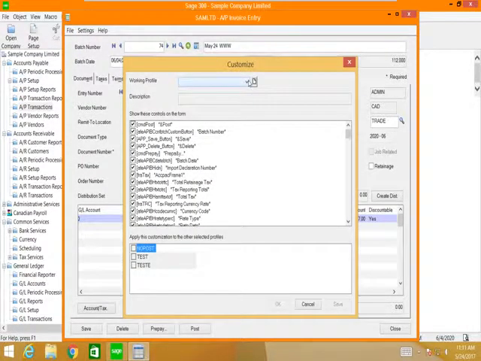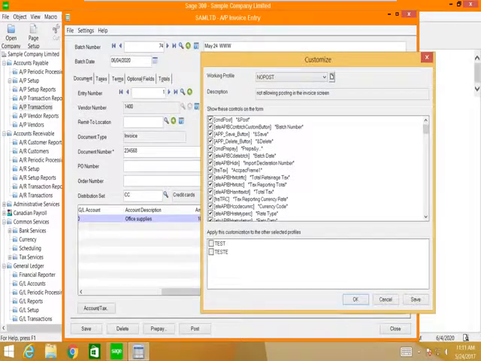Now you have to have a profile. So let's say select the profile. What I'm going to point out here is that you see the post button is available. If, however, I uncheck this, notice it's gone. So if you want to control when and where to post from, or force people to post in batches or anything like that, you can use this feature to prevent people from seeing certain icons. Now, when I hit OK, it will come back